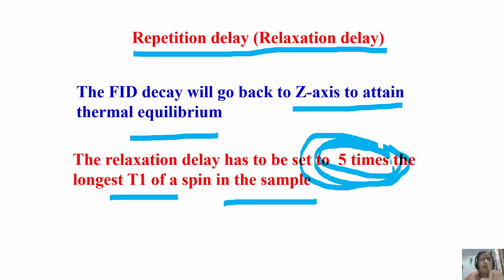If you wait for 1 T1, that is when t is equal to T1, 67% of the magnetization would have come back. At 2 times T1 you can find out how much. At 3 times T1 already 95 to 96% would have come back. That's enough. You are losing only 3 to 5% of the signal. Or if you wait for only 1 times T1, you will be losing 33% signal, right? So you can play with that.